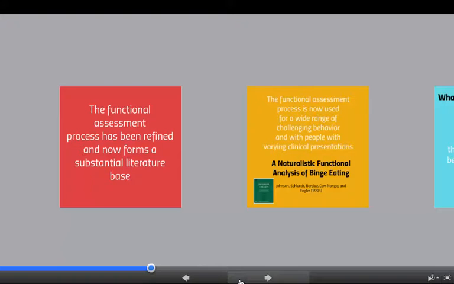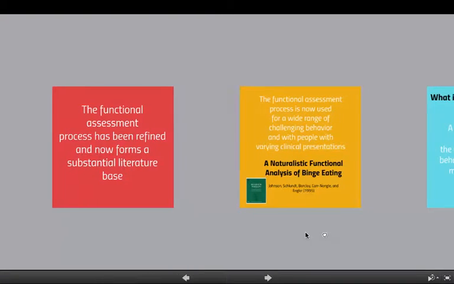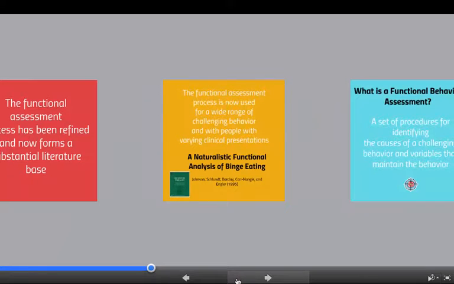research articles. The other thing I want to mention is that the process of functional assessment, now that it is so well developed at this juncture, has been used for multiple populations. So although the work by Dr. Brian Iwata was with individuals with developmental disabilities, FBAs, the entire assessment process, is also used today with typically developing individuals as well, adults as well as adolescents